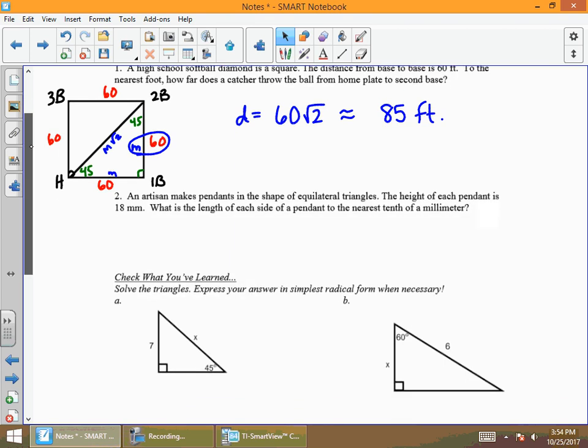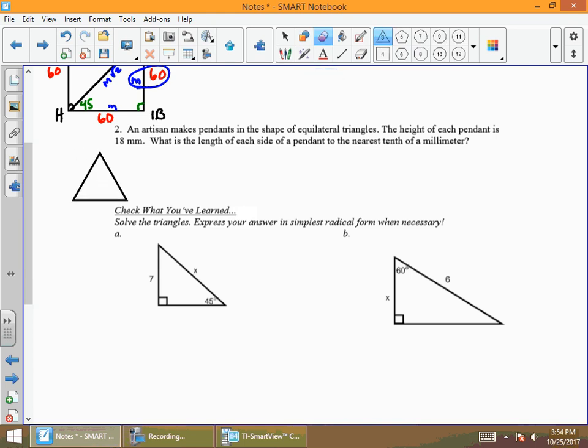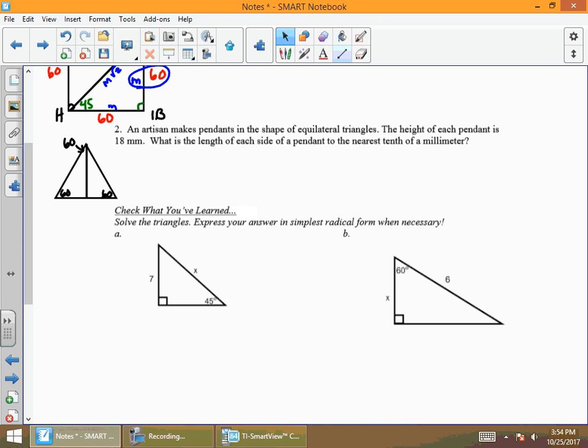All right, and then question number 2 says, an artisan makes pendants in the shape of an equilateral triangle. Okay, well, I'll put in an equilateral triangle. And one thing I know about equilateral triangles, if they're equilateral, they're equiangular, so they are 60, 60, and 60. And it says the height of the pendant is 18, so the height is actually this distance right here. So this height